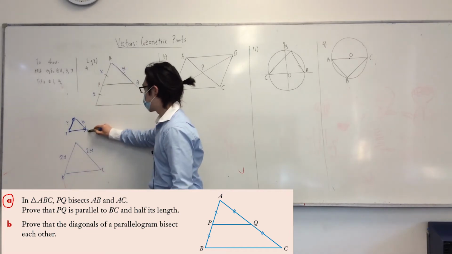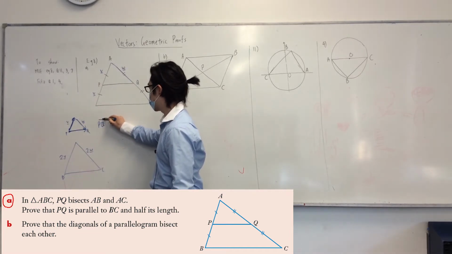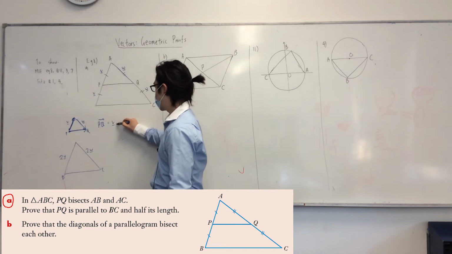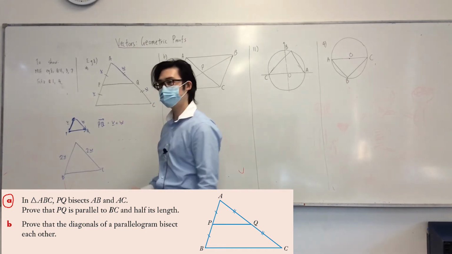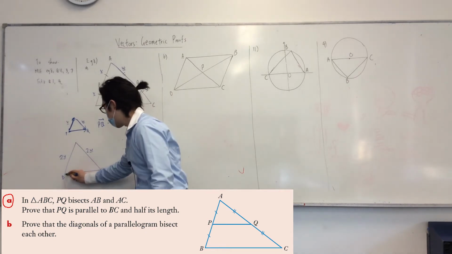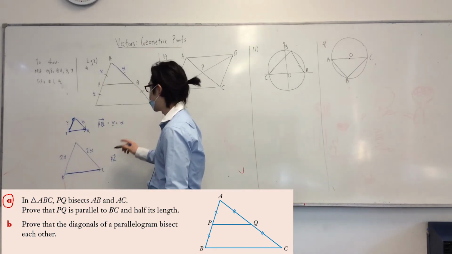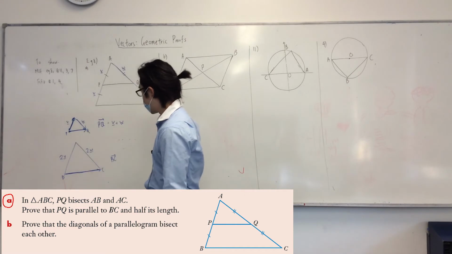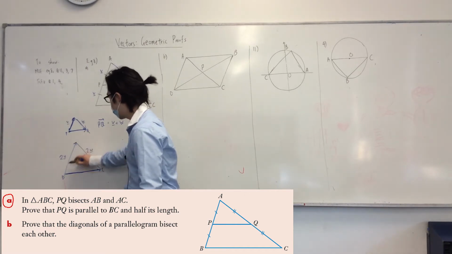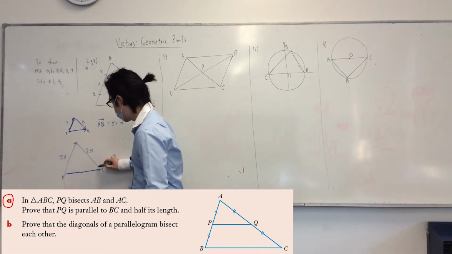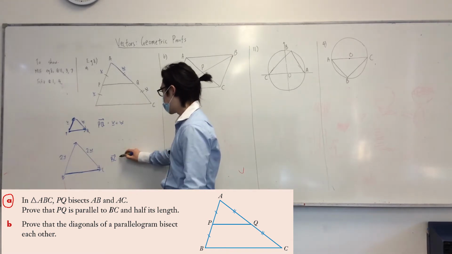Yeah. So PQ is equal to. Okay. Similarly, if I want BC, because remember that's the question, prove PQ is parallel to BC, then I need that to be in that direction. So north, east. So this is,